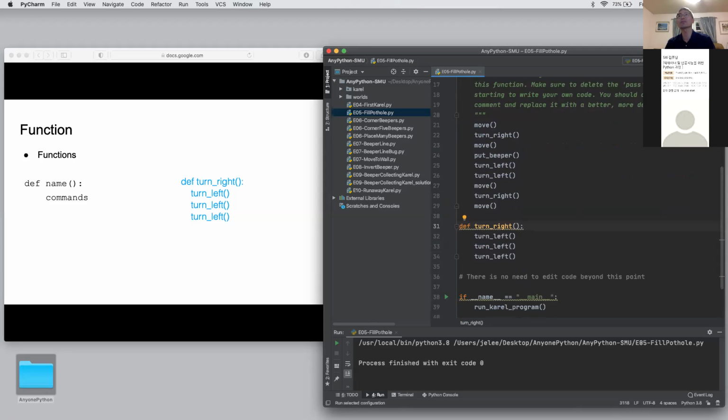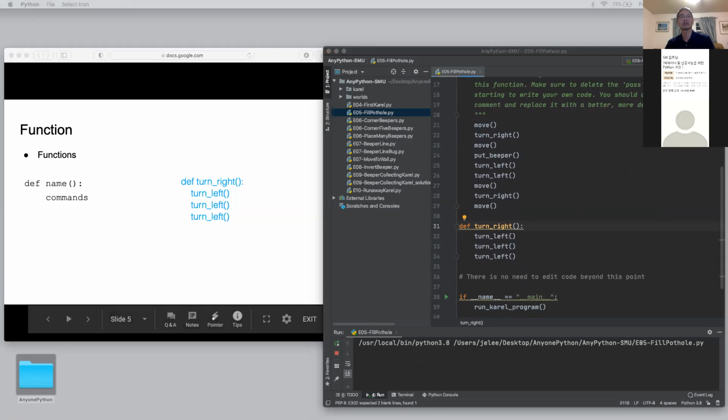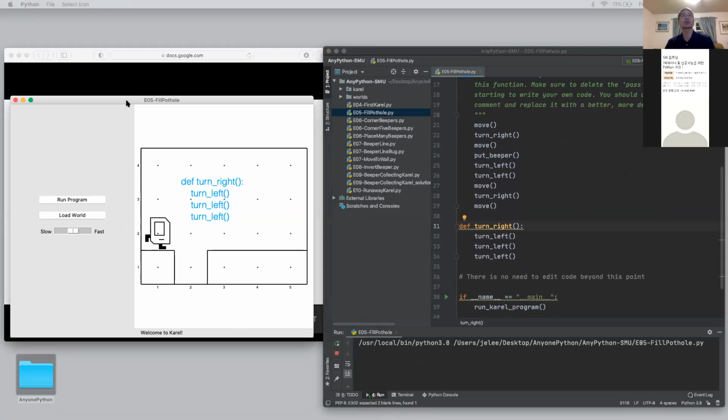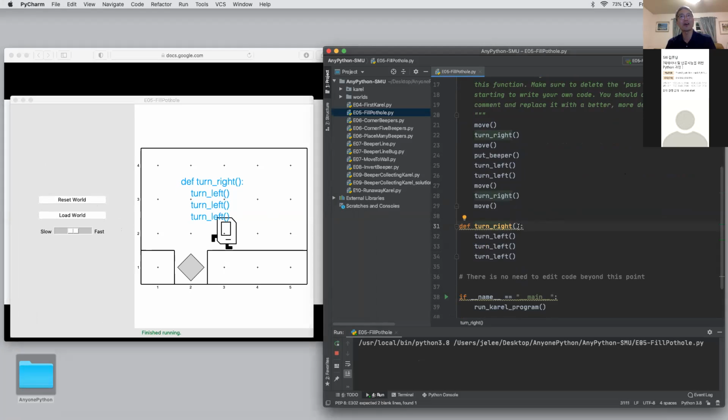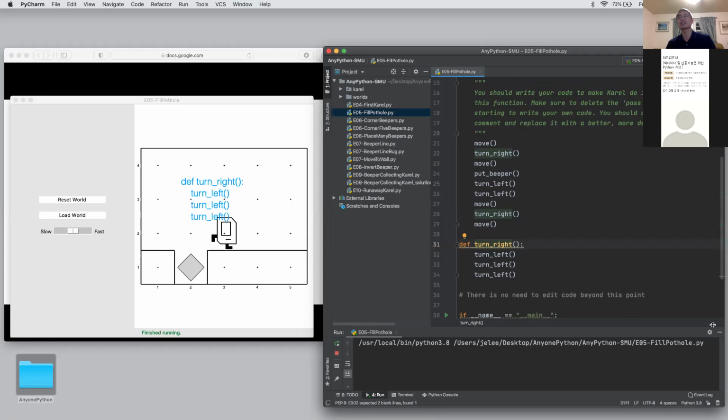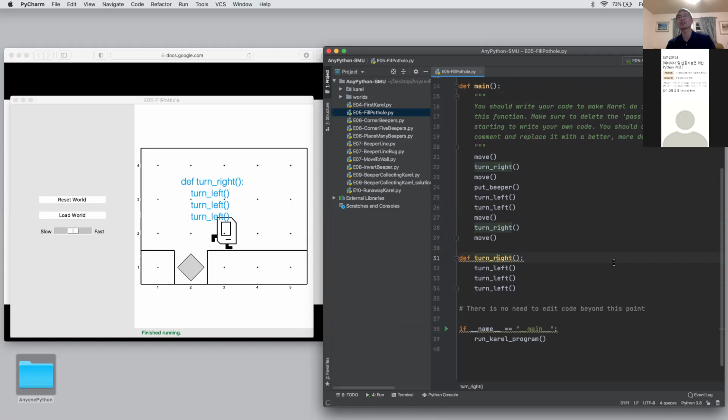We can run the program. So just click. Let's see what's going on. Run the program and turn right, and going back to here and then move. Yes. So you need such a function. We can make the same program. It's much better. Look, you can see the code and you can understand the move, turn right, move, and